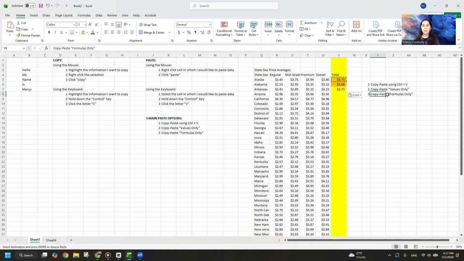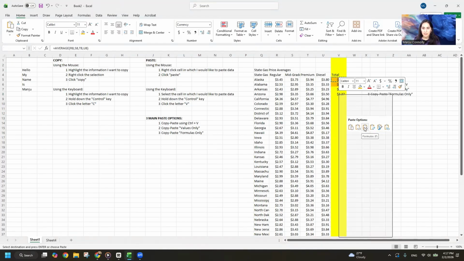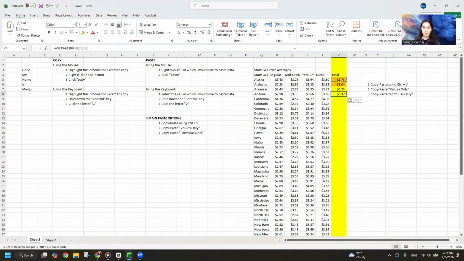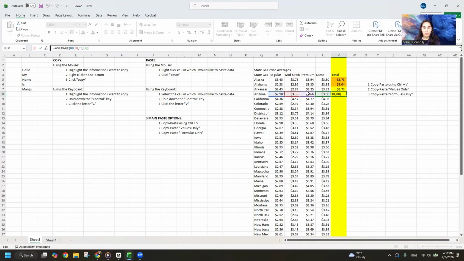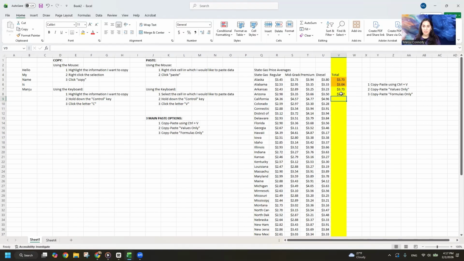If I want to copy and paste formulas only, I would copy, right-click, paste formula. It looks like this one did preserve the formula, and it's averaging these 4 values, but it did not preserve